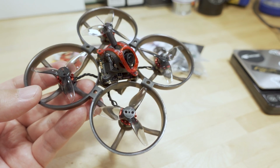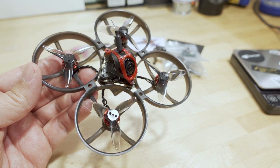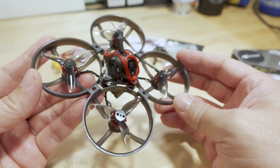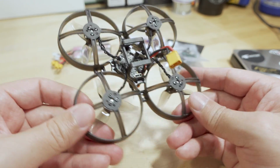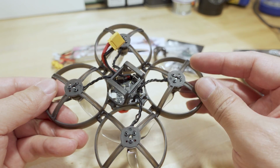Alright, so we're checking out the Mobula8 from Happymodel. This is their first 2-inch whoop, and this is a 1 to 2S whoop, mainly fluid on 2S. I'll explain the batteries in a little bit here, but obviously this being their first 2-inch whoop, we got a 2-inch frame here, and similarly to the way Beta FPV does their Meteor 85 series, is